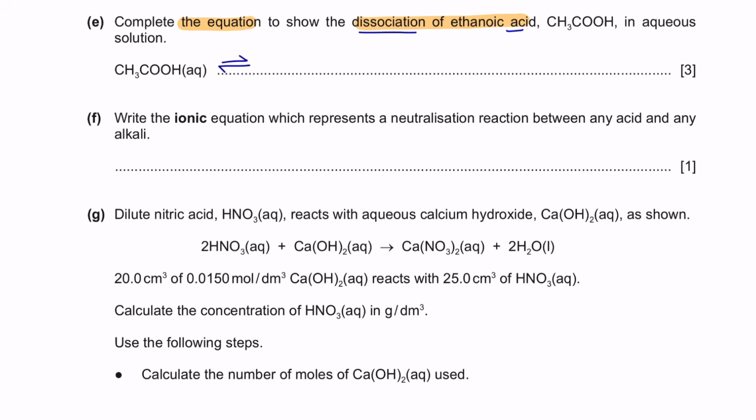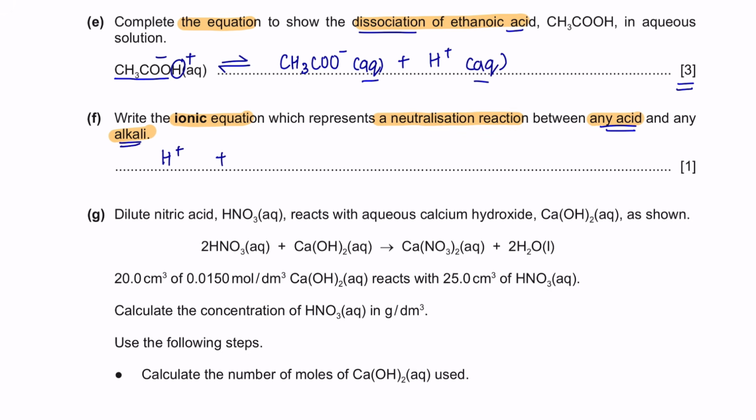So we're going to use this symbol. And it will dissociate to form a negatively charged ion and a positively charged ion, like this. And since this question is giving 3 marks, don't forget to include the state symbols. Question F. Write the ionic equation which represents a neutralization reaction between any acid and any alkali. All acids are proton donors, so it will be H+, plus alkali is base, so it has OH- ions,